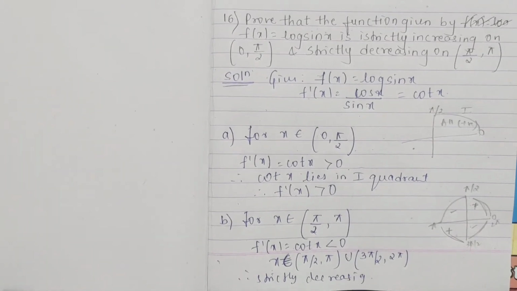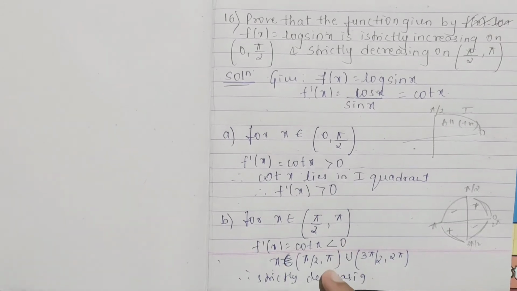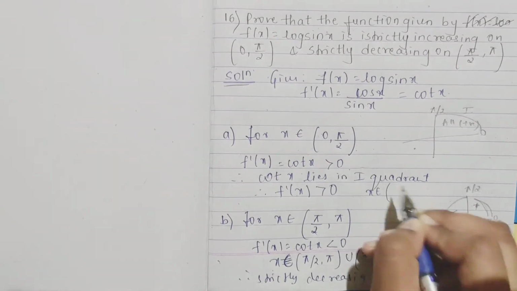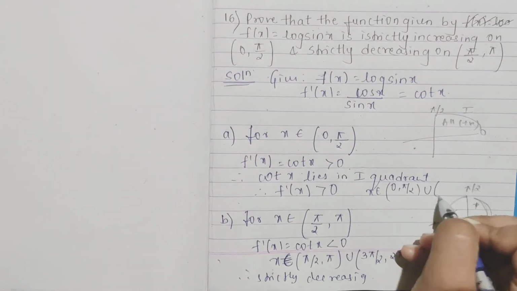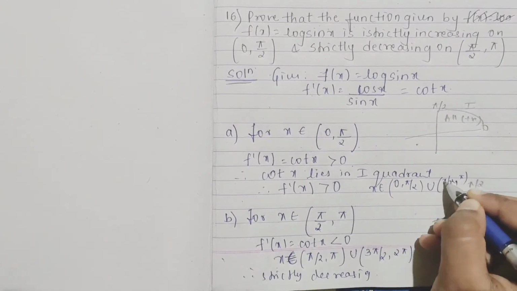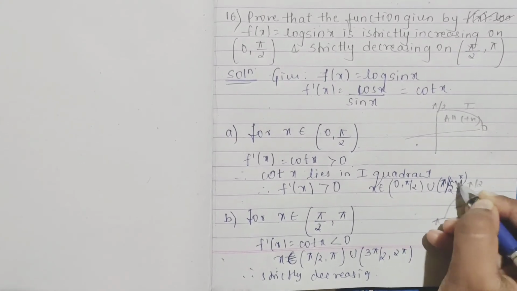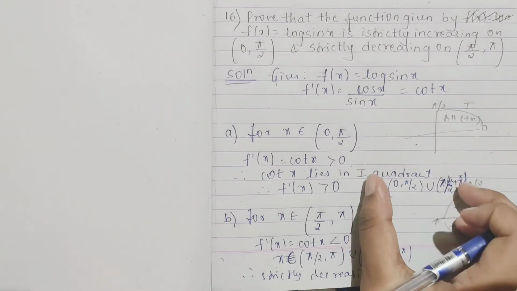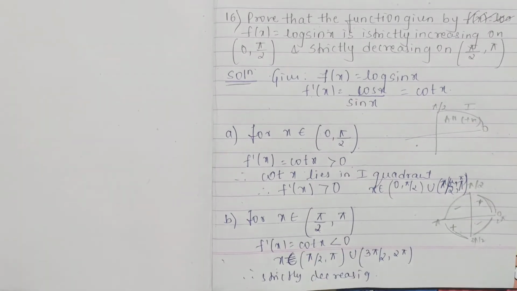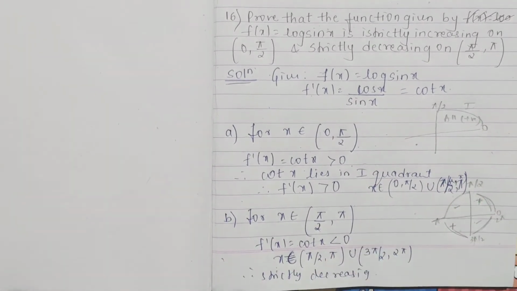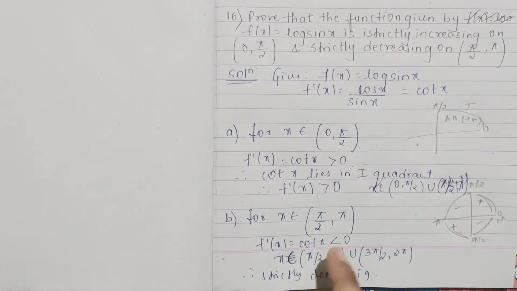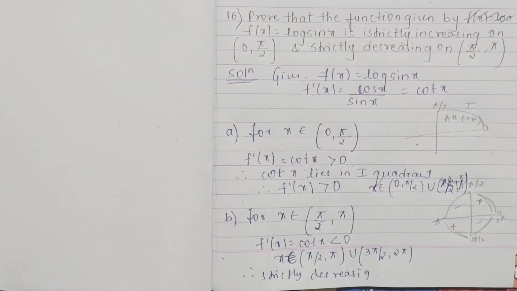Strictly decreasing. Okay, for f dash of x less than 0. Even here, f dash of x positive means x belongs to 0 to pi by 2 union pi by 2 to pi. Okay, there was no space, I have written it like this, union pi by 2 comma pi. You have this property while doing this. From this also it is clear, when it is positive it will be these intervals and when negative it will be this interval. So wherever it is, if they pick any interval, we can understand this is strictly decreasing, this is strictly increasing. Okay.